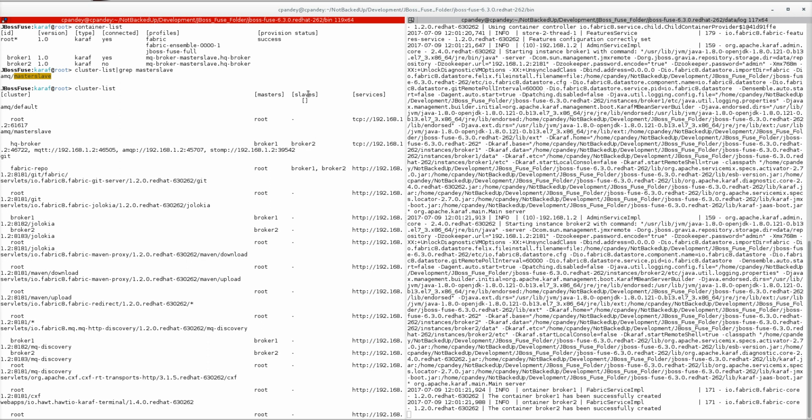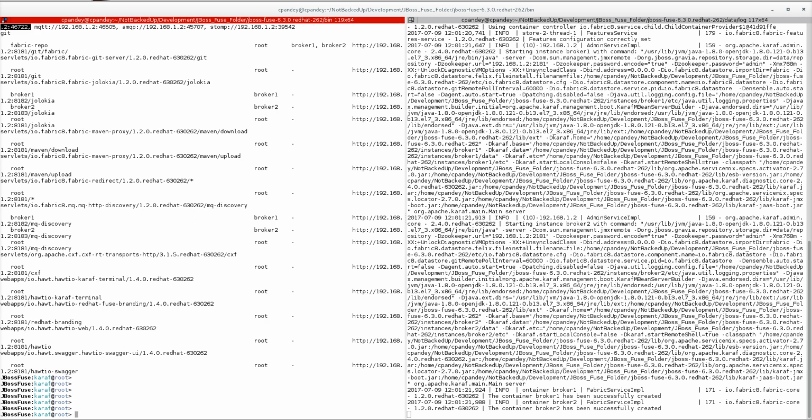Master slave: broker 2 is the slave, and broker 1 is the master. Once we created using MQ create, broker 1 and broker 2 were created, and master and slave were automatically assigned. Broker 1 has these URLs registered: TCP, MQTT, AMQP, and stomp. This is it, guys. We have a master slave topology ready.